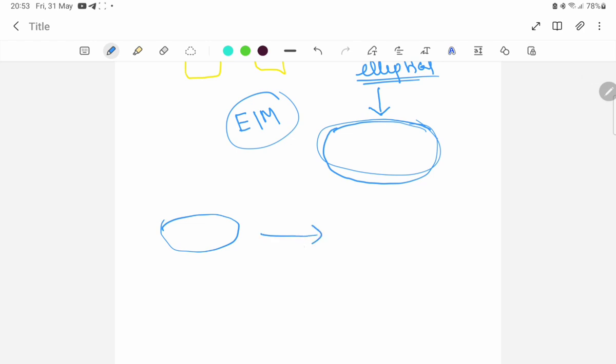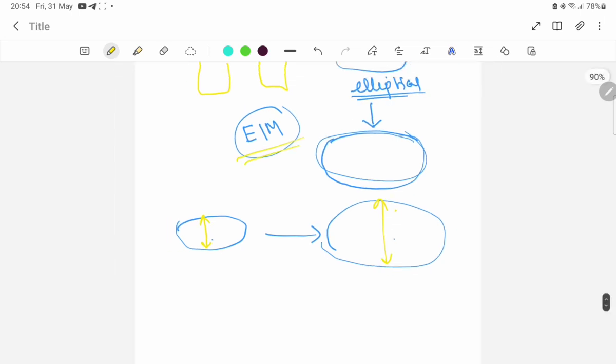Whenever the external intercostal muscle contracts, it becomes near circle. What is the difference between this diagram and this diagram? Here the axis is increasing from dorsal to ventral, front to back. This is the difference, isn't it? That is why whenever the external intercostal muscle contracts, the axis will increase in